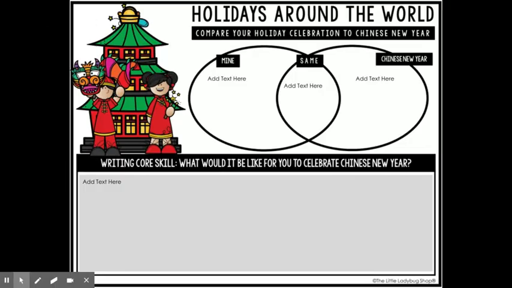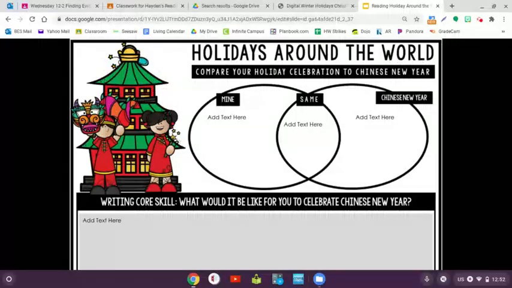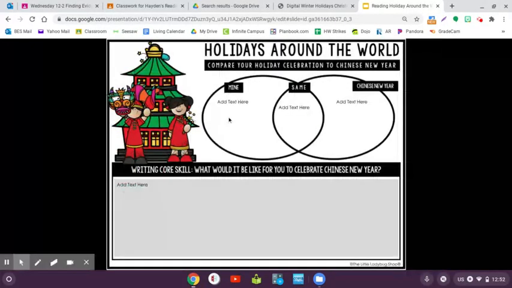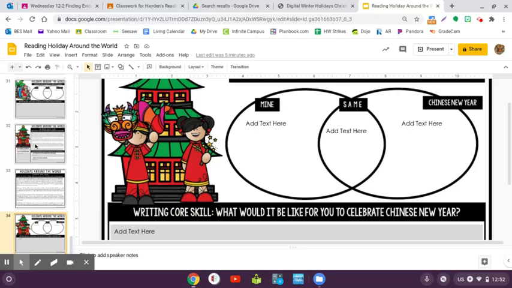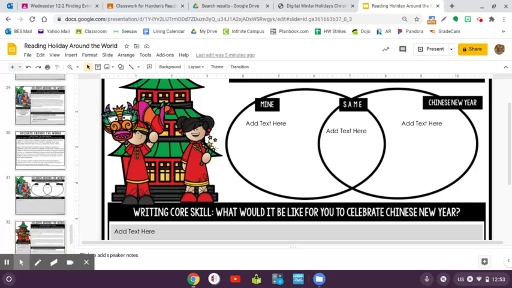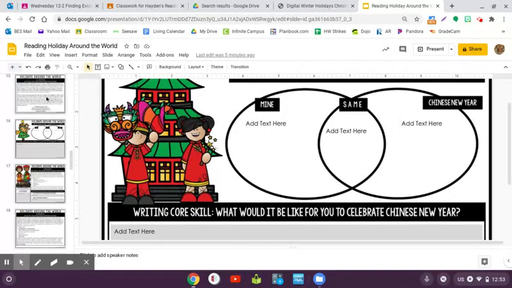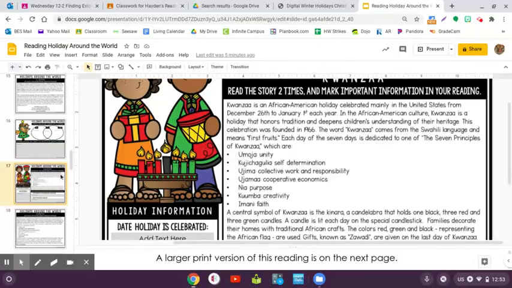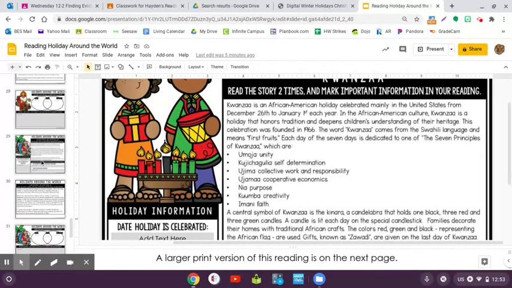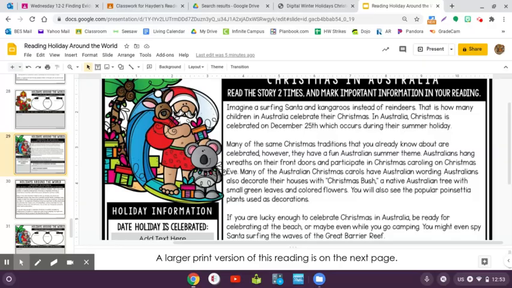So your job today is to choose 2 holidays to complete. You don't have to go in order. You might choose to do Kwanzaa today, and maybe you skip down and do Christmas in Australia today. So any 2. Remember that each holiday has 3 slides that have to be completed, okay? So by the end of today, you should have 6 slide pages completed, okay? So choose any